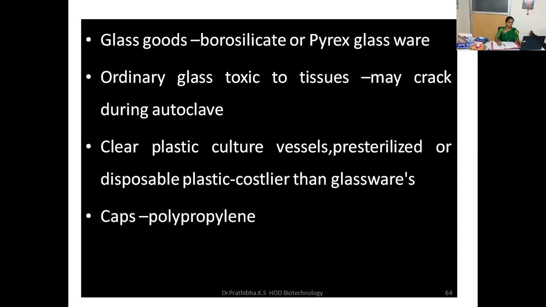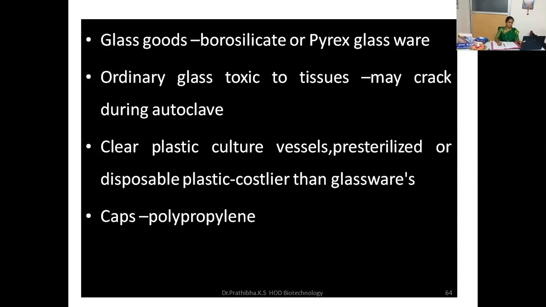In plant tissue culture, generally we can use test tubes or a long necked conical flask, or we can use petri plates or petri dishes, or we can also use wide mouth culture bottles. Most commonly in the tissue culture laboratory we use wide mouth culture bottles, especially for micropropagation work and even for suspension culture. And sometimes for suspension cultures we use the long neck culture flask, because here the culture flask will be kept in the shaker in the incubator.